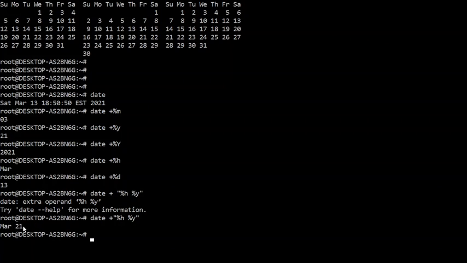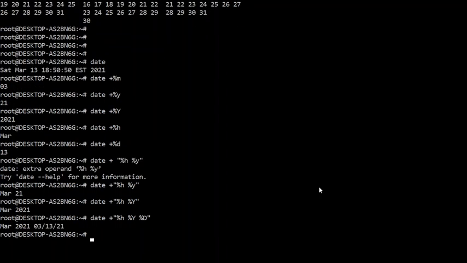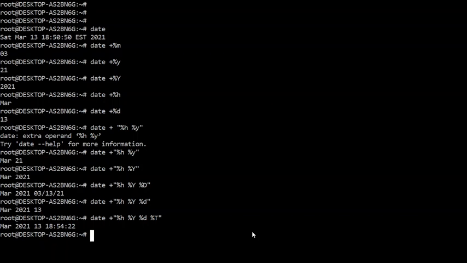So here it gave me 21 for the year and the month. If I put capital Y, I'm going to get 2021. Now if I just write %D, capital D, it's going to give me today's date. So all this stuff you can play around with and see what is printed. Small d will give me the date, %Y the year, %m the month, and if I want to get the time, I can just add capital T, so it's going to give me the time itself.